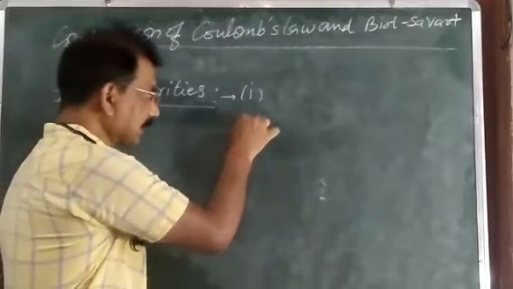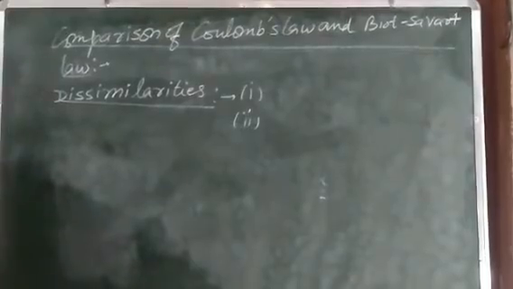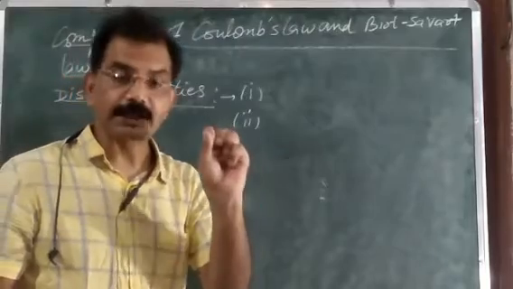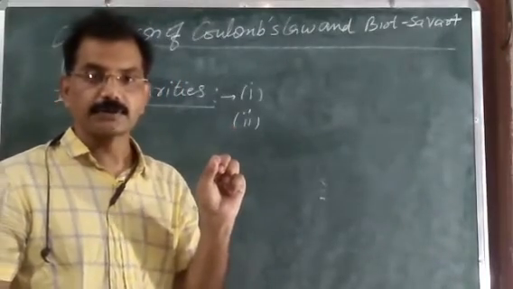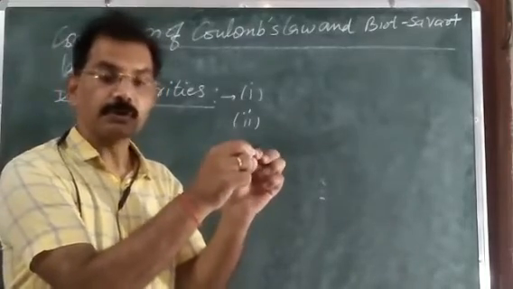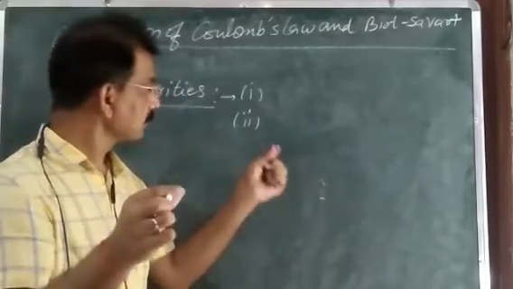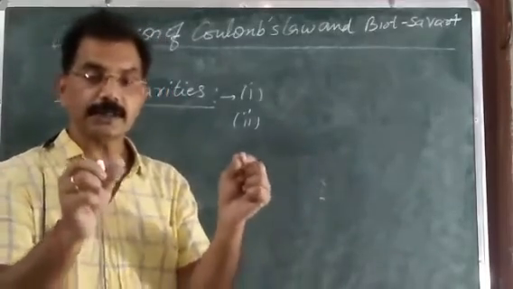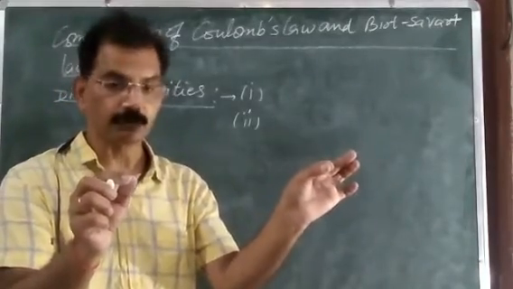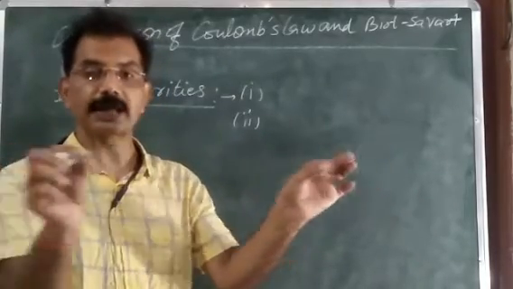And the second dissimilarity, what is it here? According to Coulomb's law, the direction of the electric field is always along the line joining that charge dq and the point where the electric field is to be calculated. इसका मतलब दूसरी डिसिमिलरिटी क्या है कि इलेक्ट्रिक फील्ड का जो हम डायरेक्शन निकालते थे हमेशा जो चार्ज dq है वो, और जिस पॉइंट पे हमको इलेक्ट्रिक फील्ड निकालना वो पॉइंट को मिलाने वाले या ज्वाइनिंग लाइन के ही अलाउंग